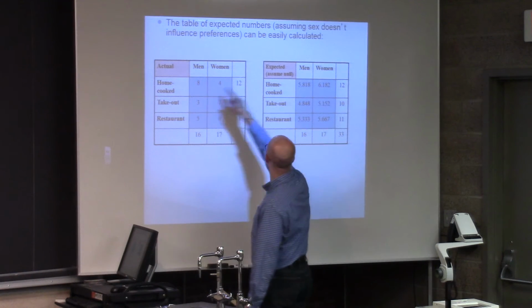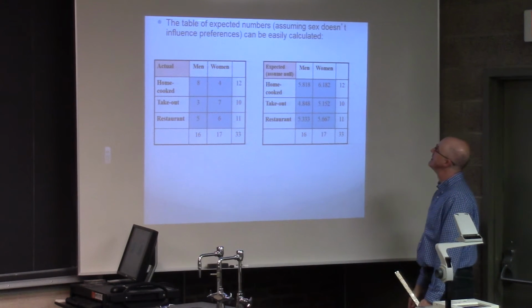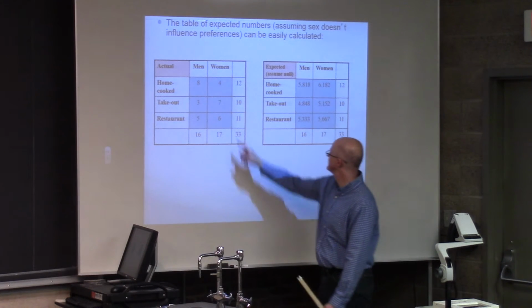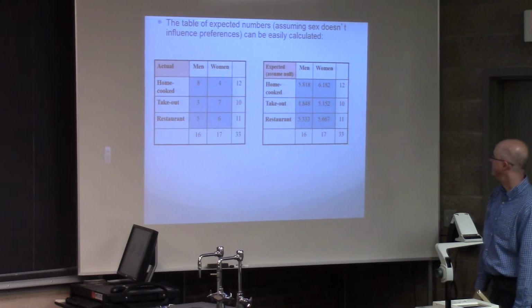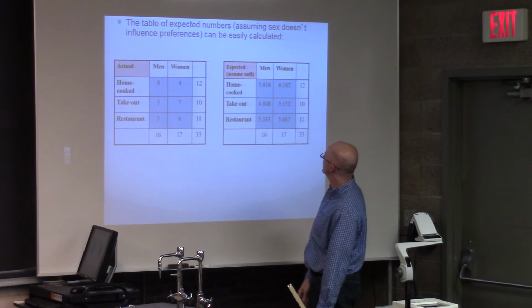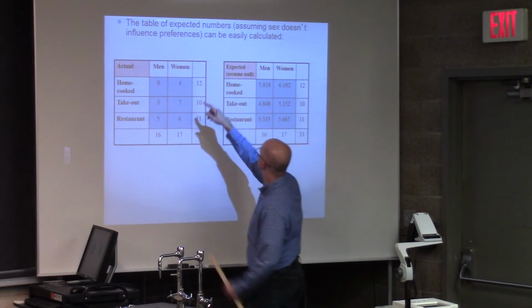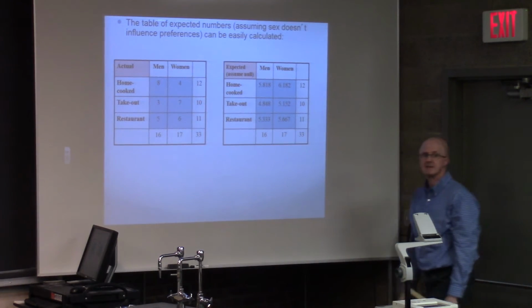So 8 minus 5.818 is 2.182. That is a bigger number than 6 minus 5.667, which is just 0.333. There's another fairly large difference between the 4 and the 6.182. That's going to provide more evidence against the null,